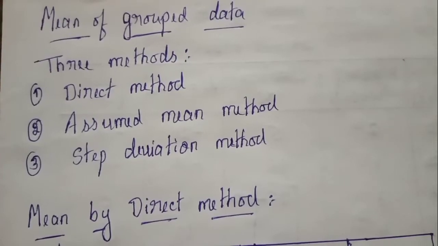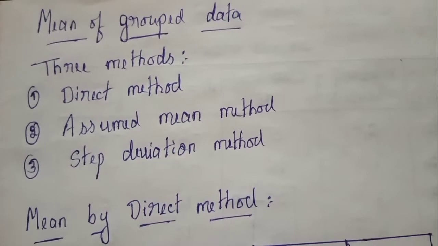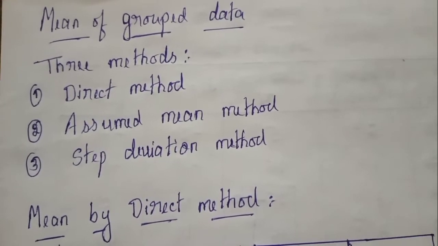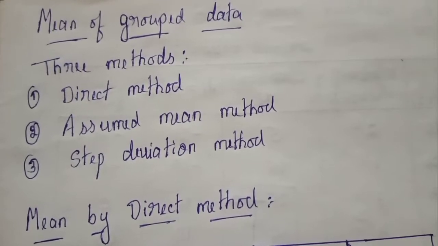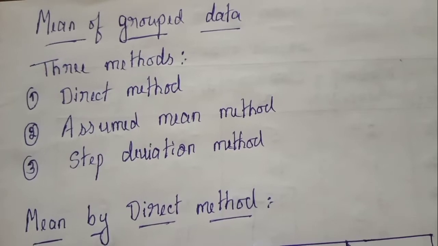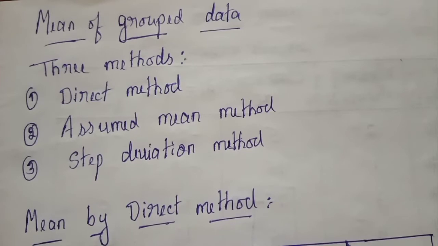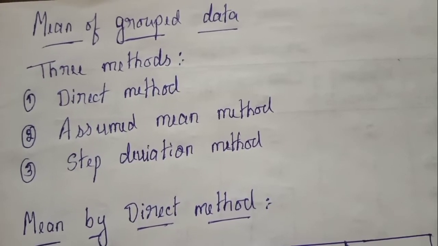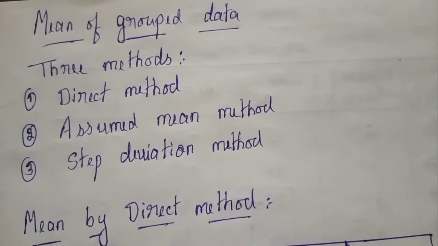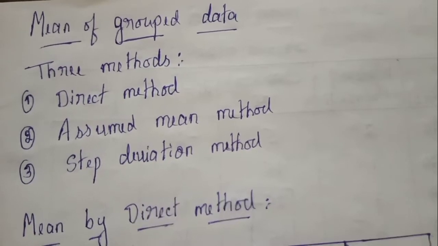So namaste everyone. Now let me start today's class with a small recap of what we learned in previous videos. In previous videos I explained different concepts: the meaning of statistics, application, what is data, different types of frequency distribution table, what is the meaning of frequency, range, and what is ungrouped data, group data, and also class mark, class size, and class intervals.